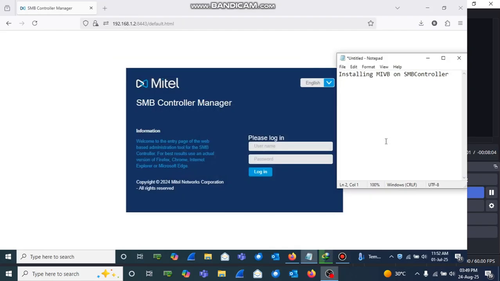Welcome to this tutorial where we are going to demonstrate how to install MiVoice Business on an SMB controller. We begin by powering up our SMB controller and letting it boot. When it is done booting, we are going to connect to the IP address that it would have found through DHCP,